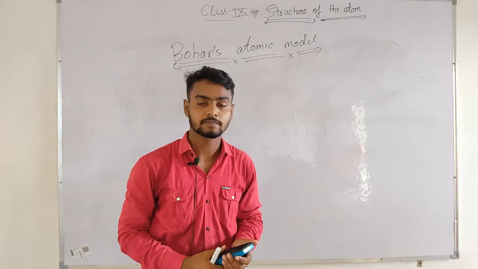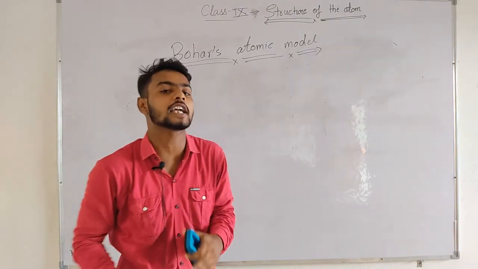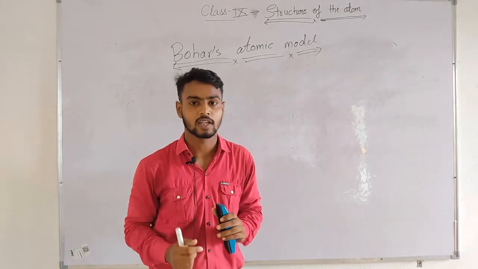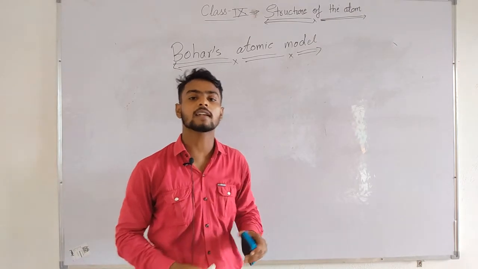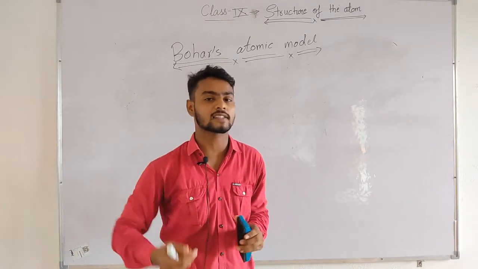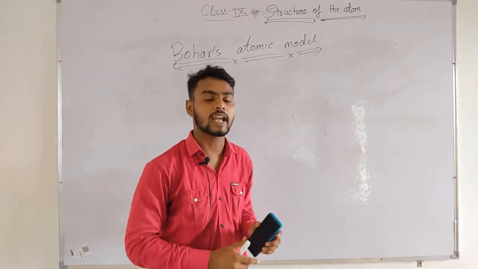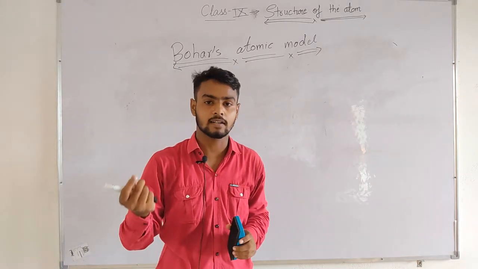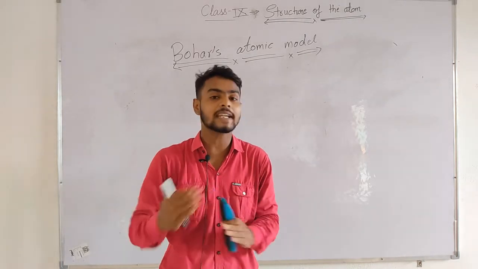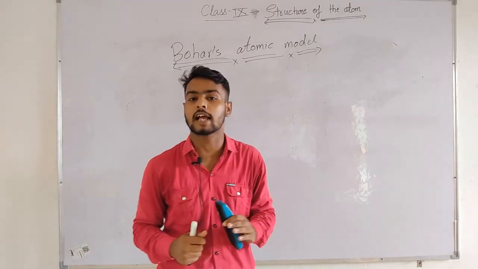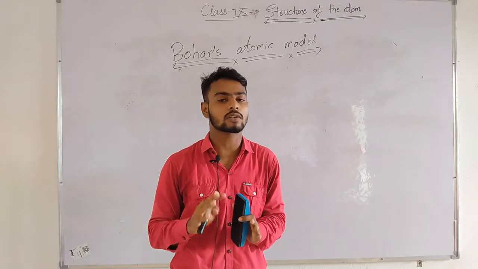He tells about the arrangement of the electrons in their particular classes or subshells. Now we are going to know how the electrons are arranged in their subshell, orbit or class. You can say any of these, there are three names: orbit, class and shell. How the electrons are arranged and how many electrons are arranged in each particular class. Now we are going to recall, because I already taught this yesterday.